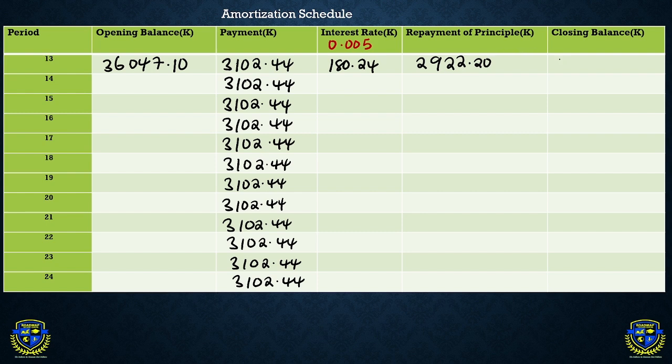That is going to give us 33,124.90. Okay. So your closing balance becomes the opening in period 14, which is